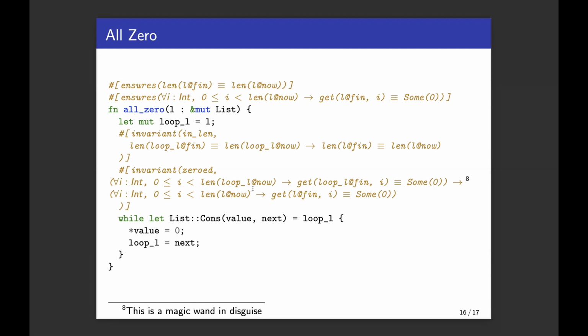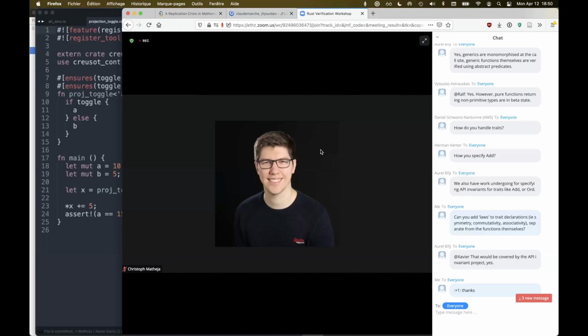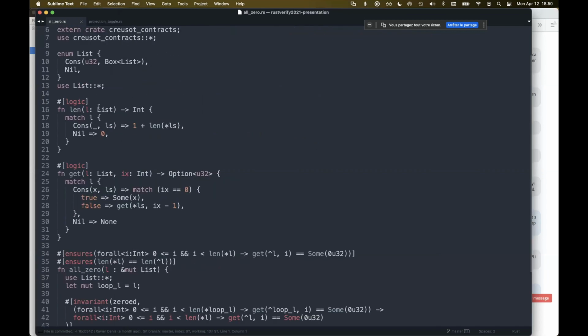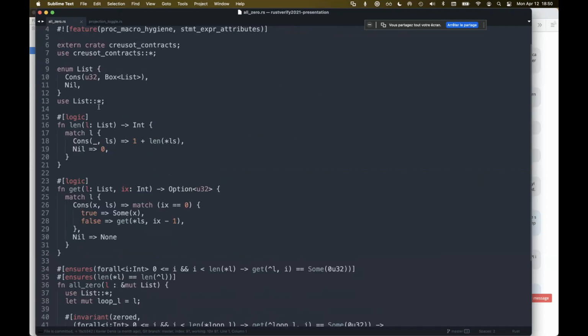And using this, we can actually verify this directly in Creusot. And so I'd like to show you this in person. So I'll just have to swap my screen share quickly. And show you everything I have. And so here we have the exact same code that I was showing you before, just in a single file,